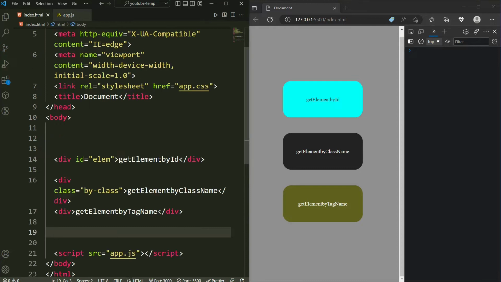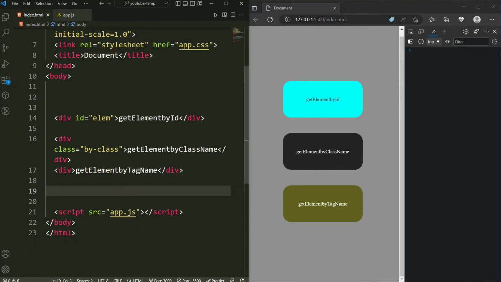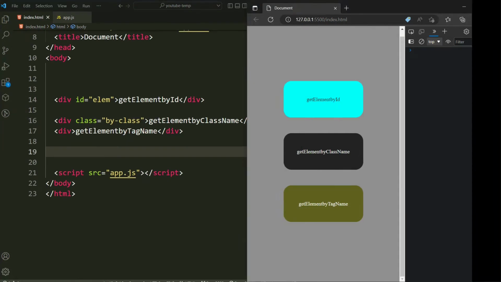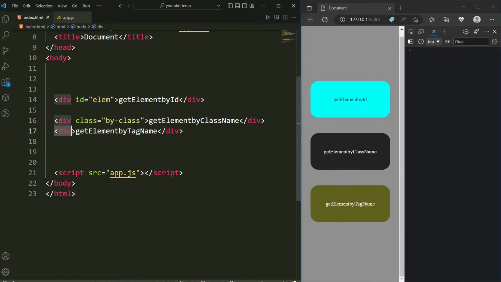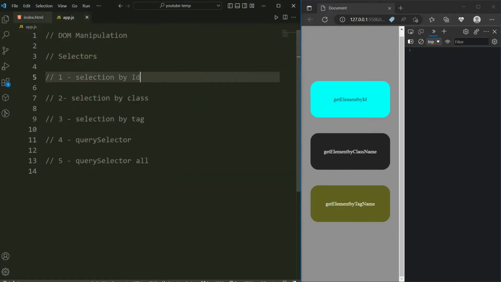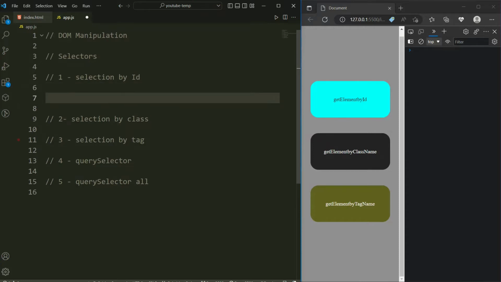Here, let's say ID equals element for this element. For this second element, class equals byClass, and let's just keep this last div as it is. Now, back in app.js, for selecting an element with an ID, we are going to create a variable called select equals